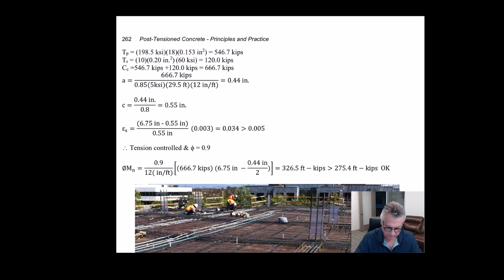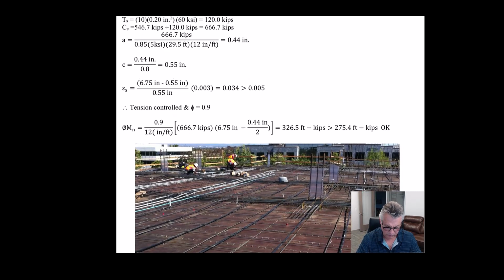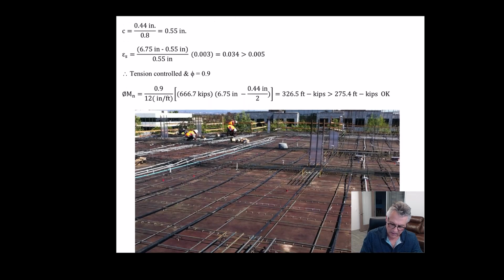Calculate TP, pre-stressing, bonded reinforcement. Those two must equal compression in the concrete. We calculate a Whitney stress block depth, neutral axis depth. Again, that strain is basically the same as it was when we were looking at the negative moments. Much, much larger than it's required to be tension controlled. So we use a phi of 0.9, and again calculate, just like we always do, some moments, and come up